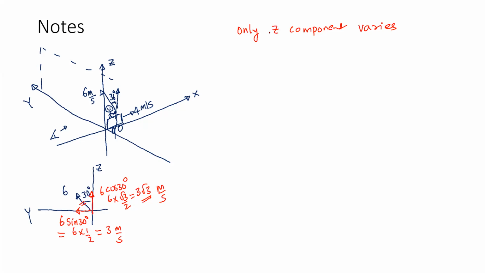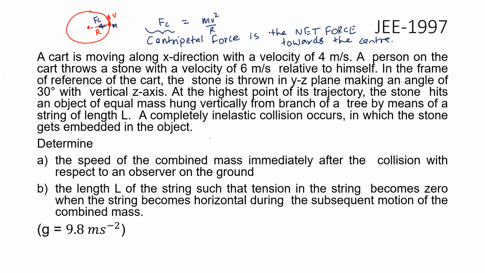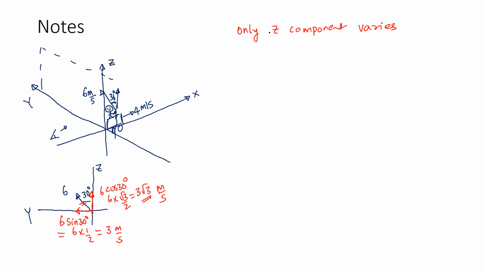Now, what else is the problem saying? This stone is actually hitting the particle at its highest point. Now, if it is hitting at the highest point, I don't care about my vertical velocity, right? Vertical velocity will simply be 0. Are you guys with me? So that means what is really happening, if I forget the initial plane, if there were no x velocity, it would be moving along a parabolic path in this plane. Now let's say that is the highest point where z velocity becomes 0.